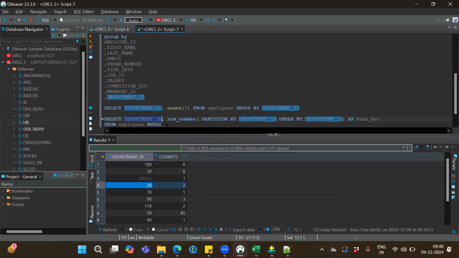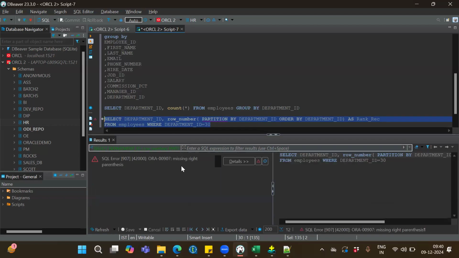I'll take the 30. For 30 we have a total of 6 records. Okay, now you see what is happening. Missing right parenthesis, partition by over. Yeah, it is missing. See here, over. Okay, now you will get